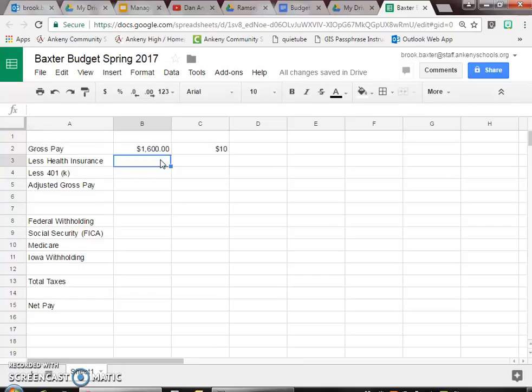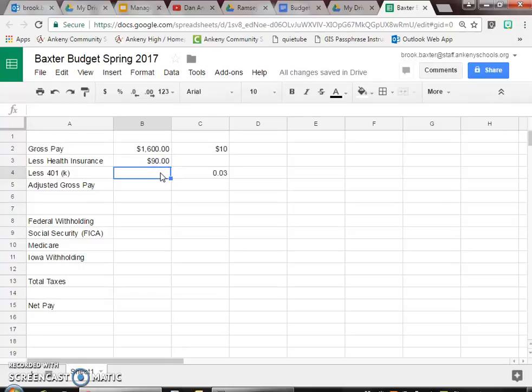Health insurance, everybody's going to pay $90 for health insurance for a single rate. 401k, it's going to be 3%. So we're going to put the percentage over in column C. 3% is the same as decimal point 0.03. Enter. Oops, no, I put it in the right column. Okay, go back to column B